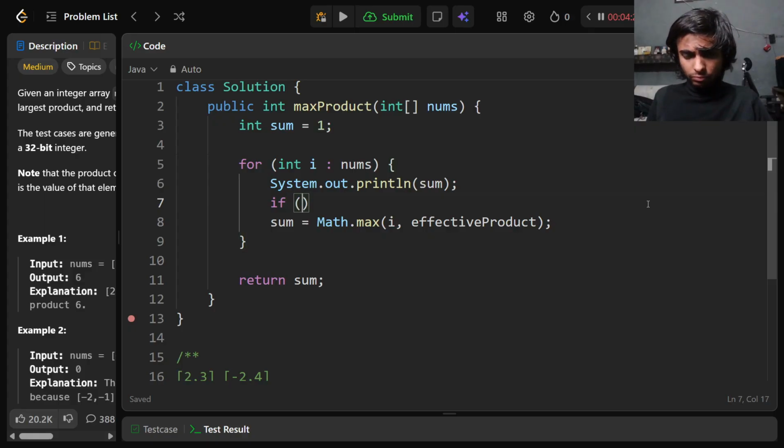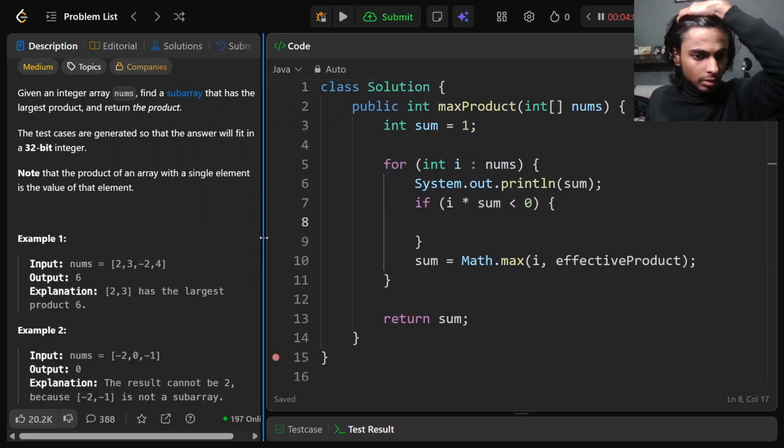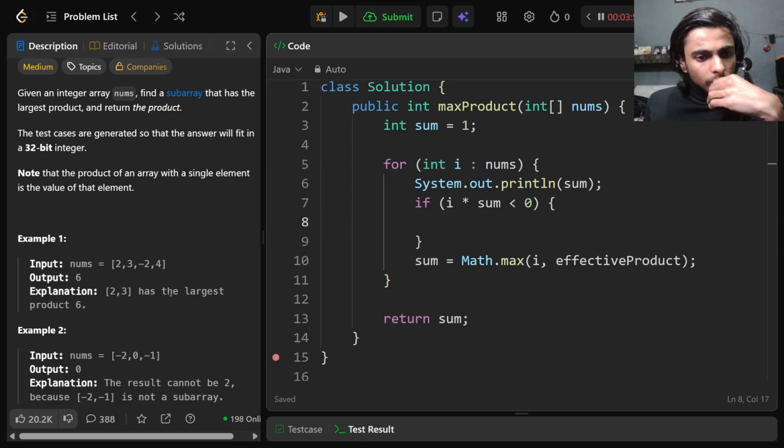If the sum is smaller than 0, then what if we don't consider that? So we don't consider this. 3 into